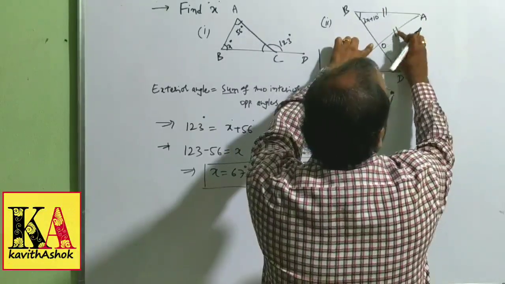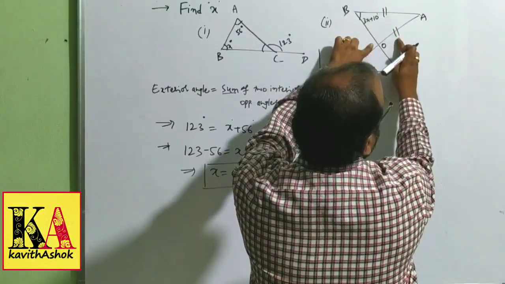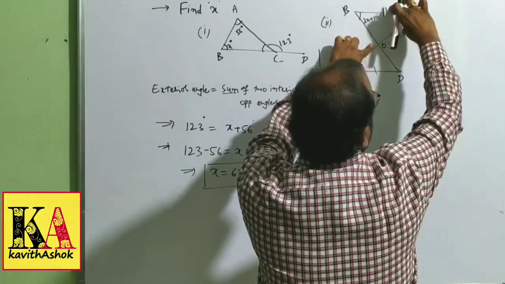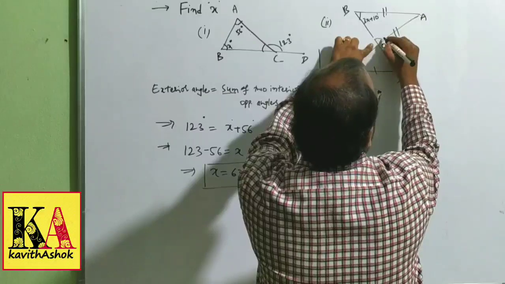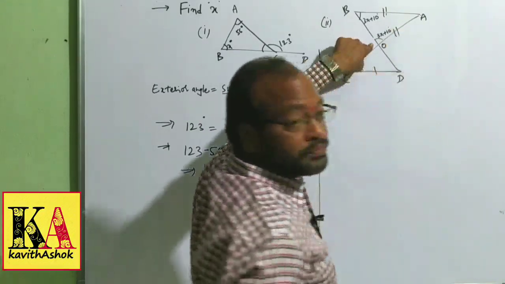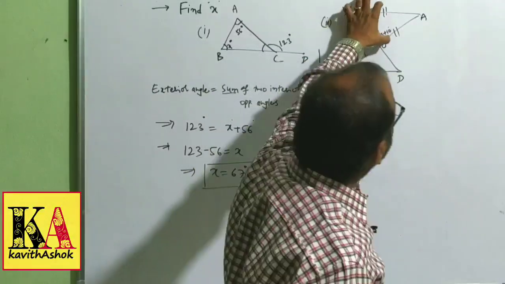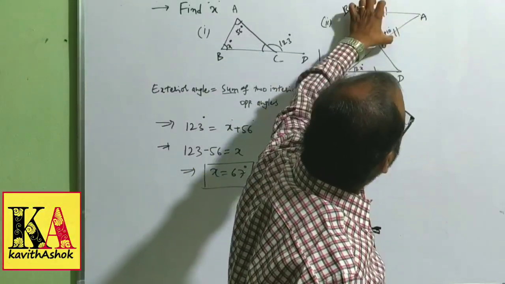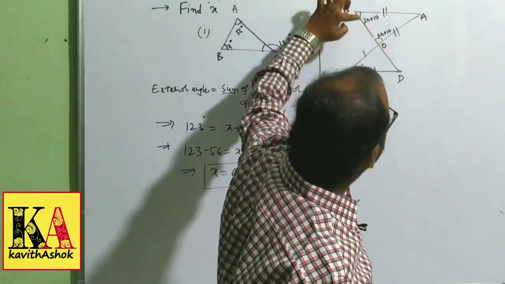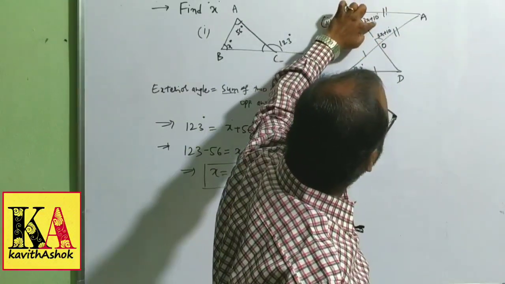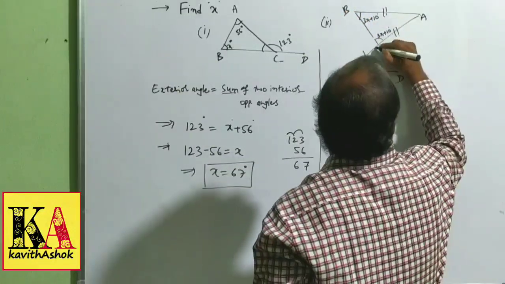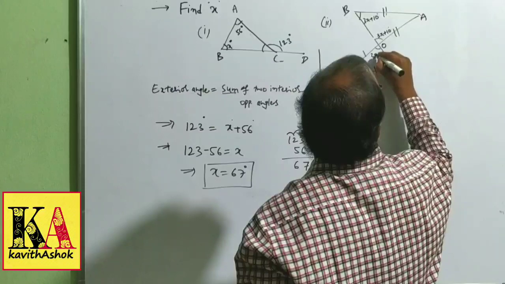Okay. This is opposite to this and this is opposite to this. When these two are the same, this is also automatically the same, it will become 3x plus 10. According to the property, these two lines are the same. In a triangle, these two sides are the same, so these two angles must be the same. So that's why this is 3x plus 10, and this is also 3x plus 10 only.